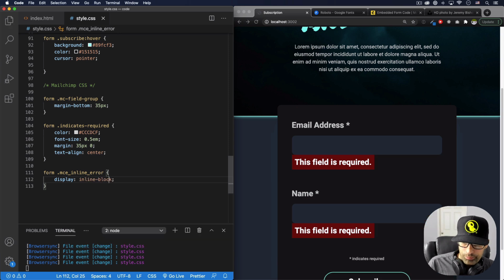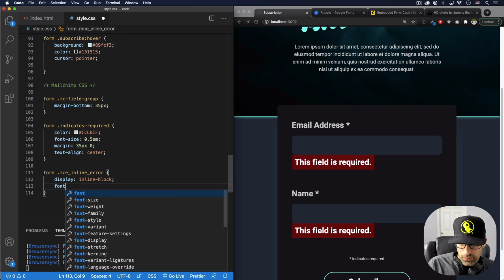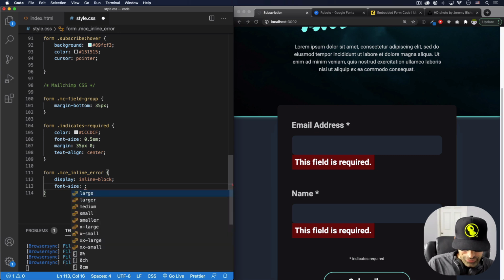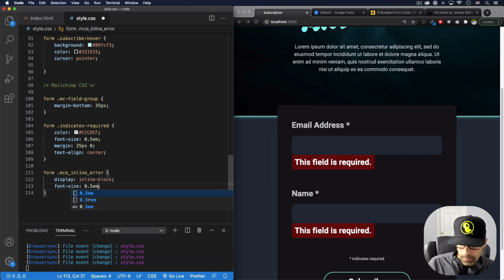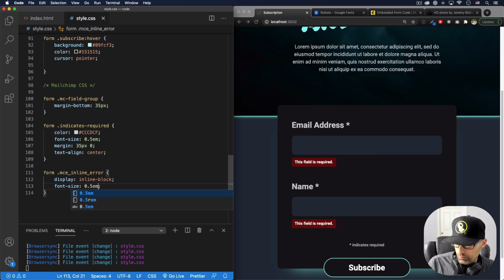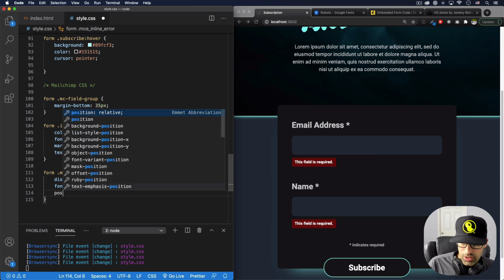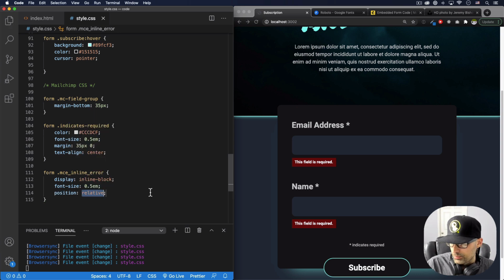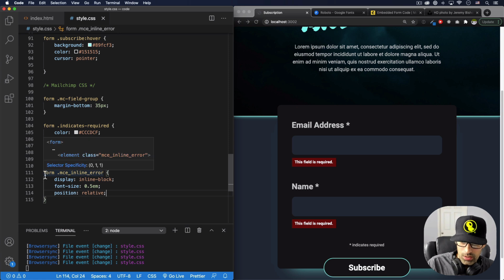There we go. Font size, I want to be half of it. Small. There we go. And position relative. Now here's the thing. If you do this form, the MCE inline error is gonna get every single element with this style,